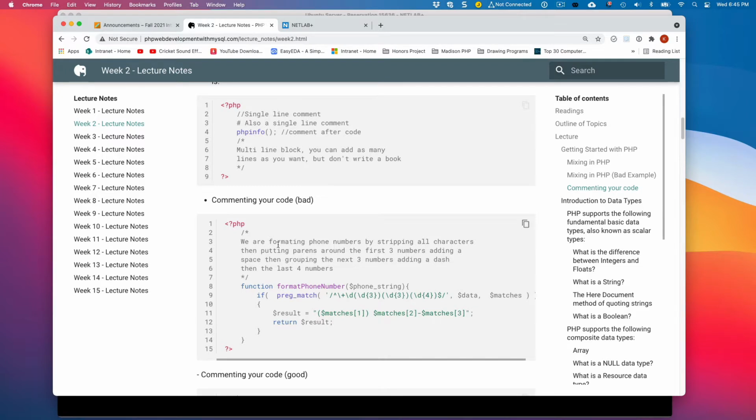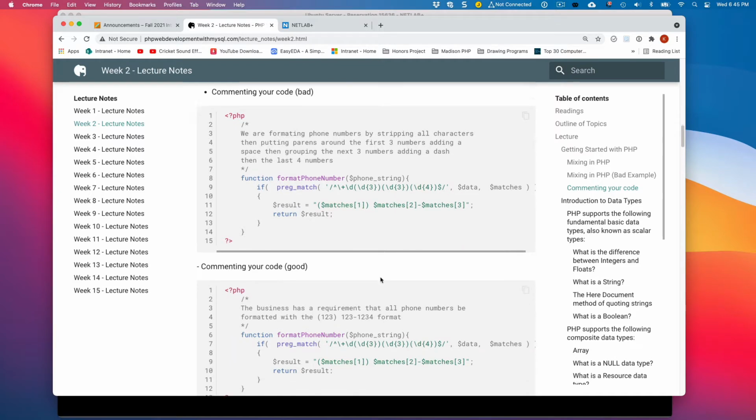What this comment is saying, we are formatting phone numbers by stripping all characters and putting parens, blah, blah, blah. It's basically repeating exactly how the code works rather than what we want our function to be doing. And what our function is doing is actually specified in the name of the function.